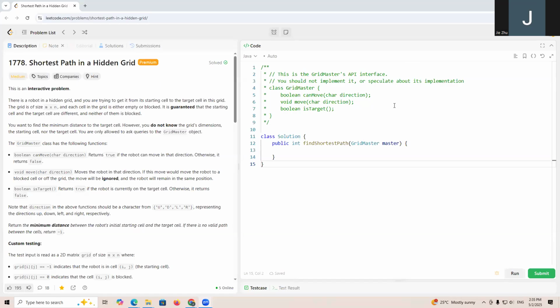Let's go through LeetCode 1778, shortest path in a hidden grid. So it's given a hidden grid in which there is a robot, and you are trying to get from a start cell to the target cell, and the grid is of size m multiplied by n, and each cell in the grid is either empty or